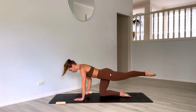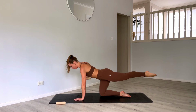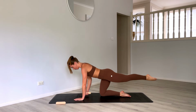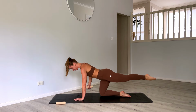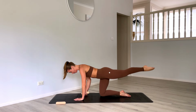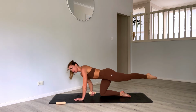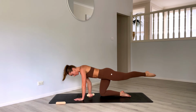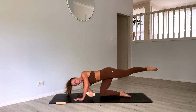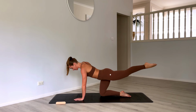Otherwise, challenge that stability. Really squeeze your shoulder blades, pinch them on that fly, keeping those shoulders back and down your body. Challenging move. So strong, stay with me. Last 5, 4, 3, 2, 1. Hold the arm and leg out, pulse it up and down, inch by inch for 8, 7, 6, 5, 4,